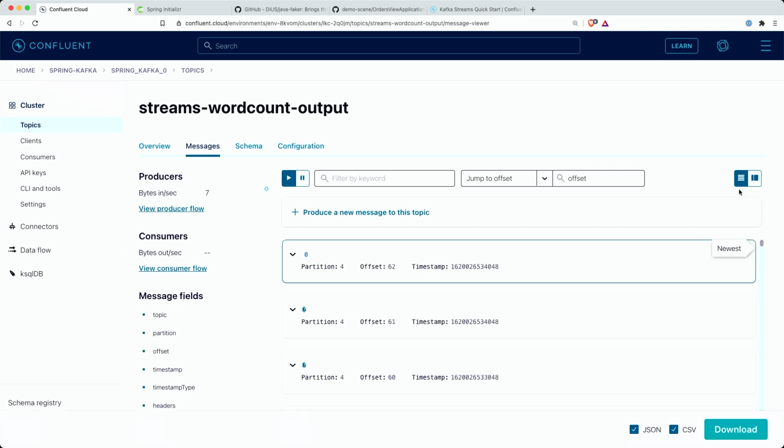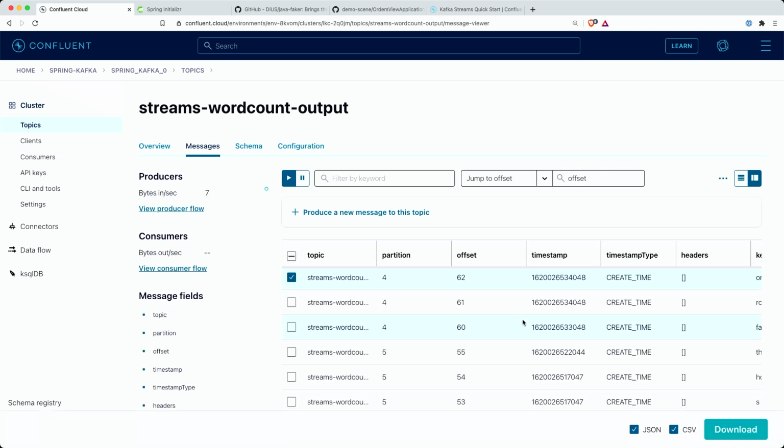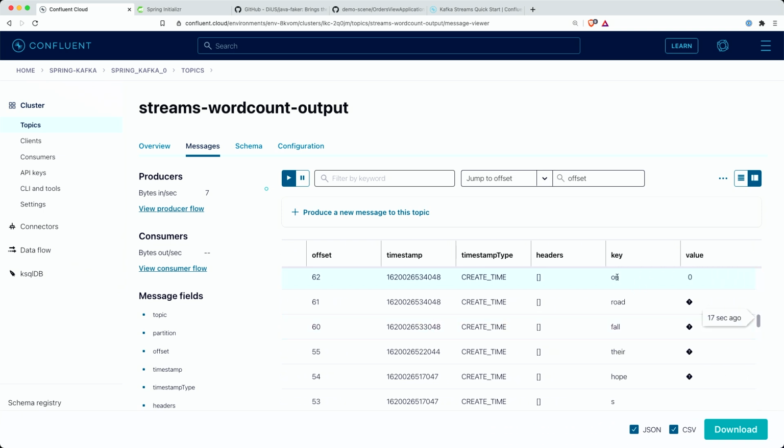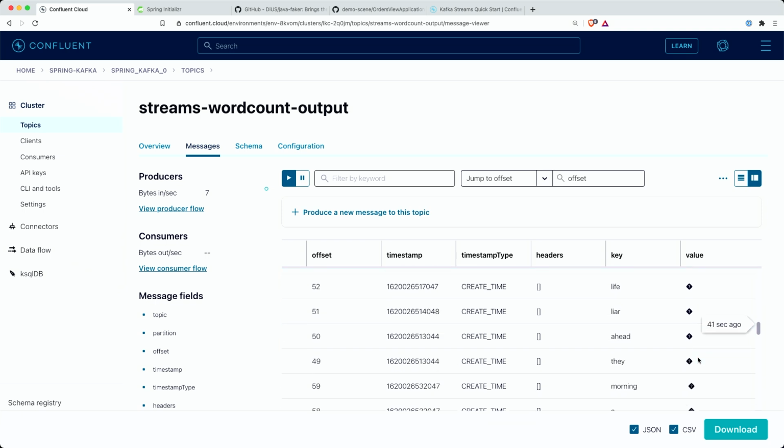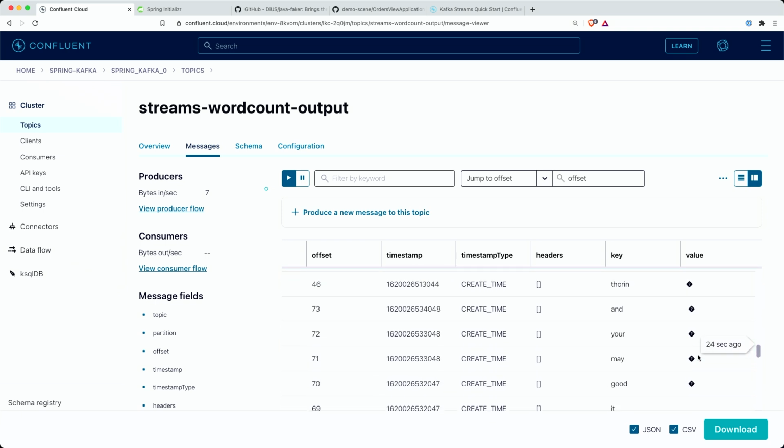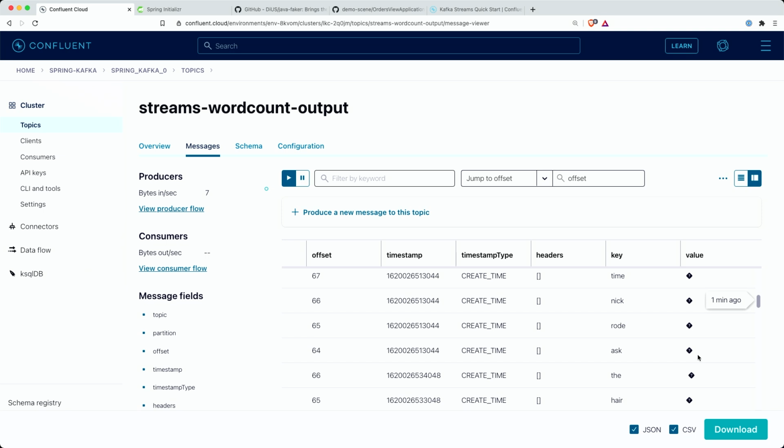So let's take a look in a different view. What we see here is that our key is actually our word, and our value is something that the JavaScript UI will not be able to read. Why is that? Because we're using a long serializer, which is Java specific, so it puts some bytes that are not standard.